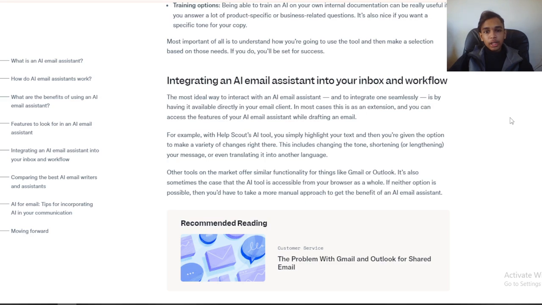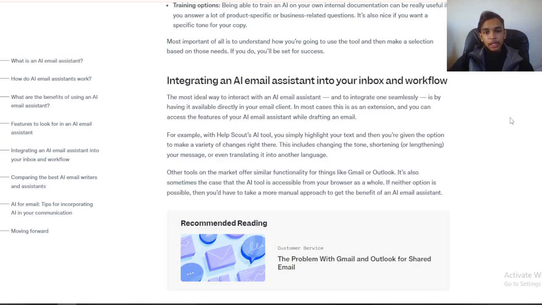For example, with the Help Scout AI tool, you simply highlight your text and then are given options to make a variety of changes right here. This includes changing the tone, shortening or lengthening your message, or even translating it into another language.